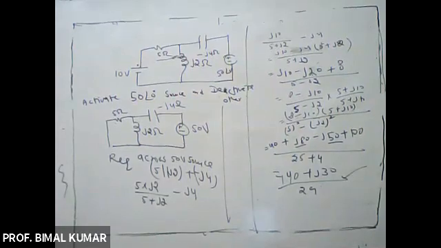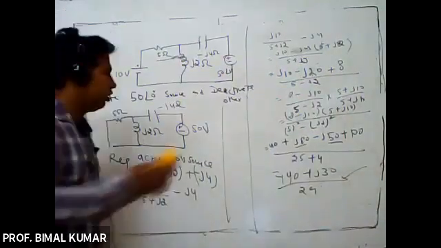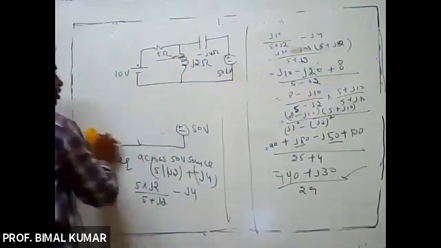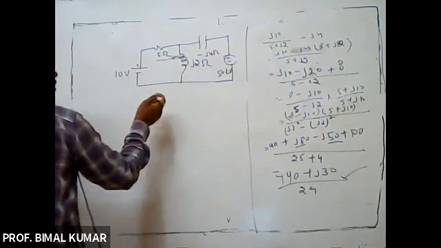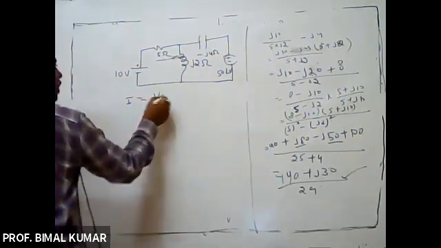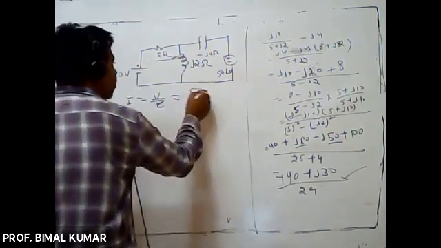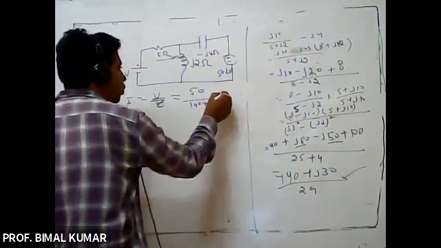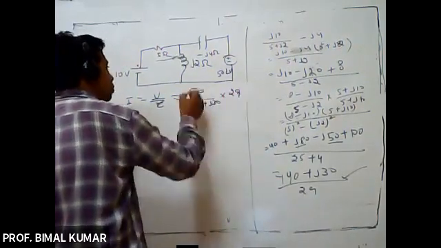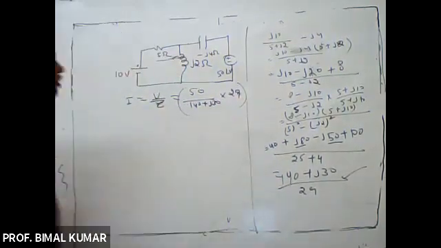Then divide V by R, right? V by R is the current. V by R, where this is your Z equivalent across the voltage source terminal. Then I is equal to V by R, or V by Z here. So this will be 50 divided by 140 plus j30 upon 29. So this will be into 29. So you may calculate it. That is your value of the current in this 5 ohm resistance